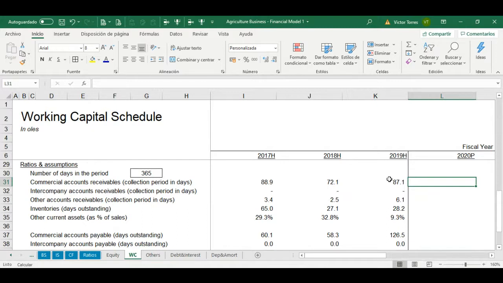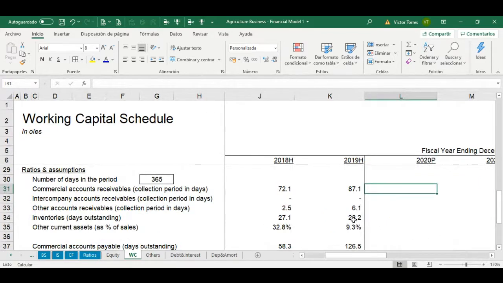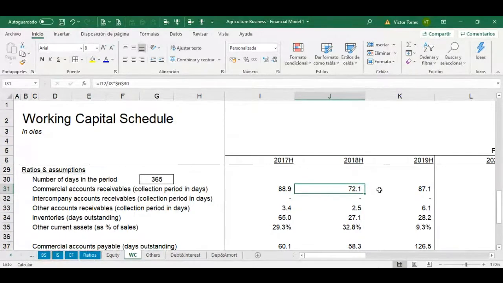And here comes the tricky thing: to figure out what the correct number to consider is for days of accounts receivable for the company. If you are working with the company, obviously you have access to more inside data, that will allow you to correctly pinpoint what's going to be the number in the future, what they expect to be collecting from customers. But it's clear that there has been an increase from 2018 to 2019 in this particular